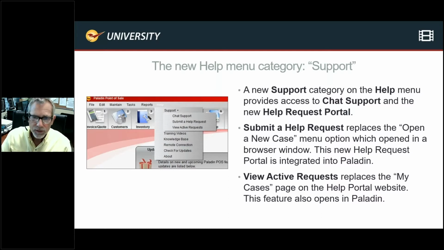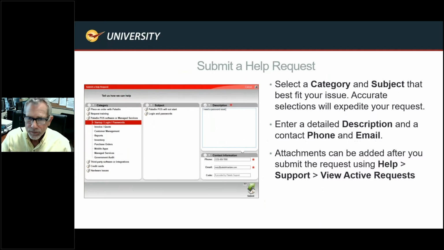Why are we asking you to do this? Why is this important? Well, as we expand and as we grow, we just need better ways to track these cases as they come in, these help requests. And obviously you can call in, you can send an email and things like that, but this is going to be our de facto standard way that we're going to be receiving help requests from this point forward.